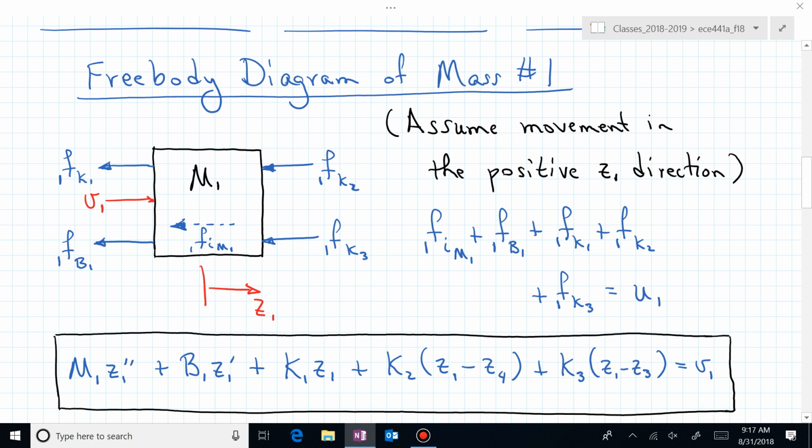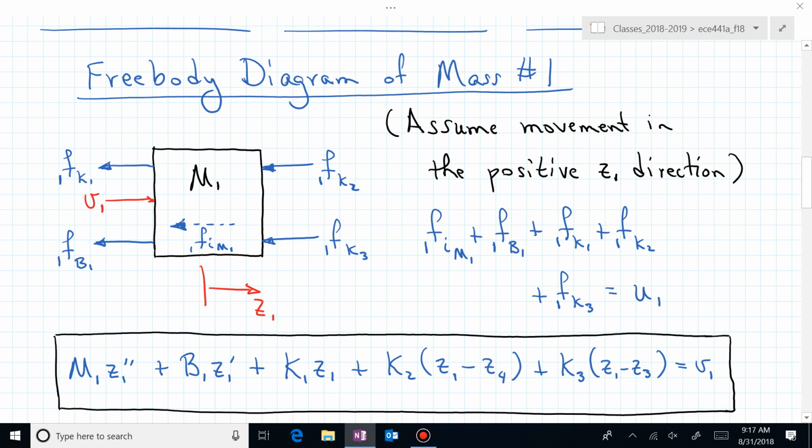I put all the marks on the floor, and then I start kicking the system. And then it shakes or moves relative to z sub 1, z sub 2, etc. And if it goes to the right, then z1 will be positive. If it goes to the left, z sub 1 will be negative. The signs will take care of themselves. We've now arbitrarily established where z sub 1 is in this free body diagram. We know it's mass 1, and we know if we go in the positive z1 direction, if you tried to push something, an elephant,